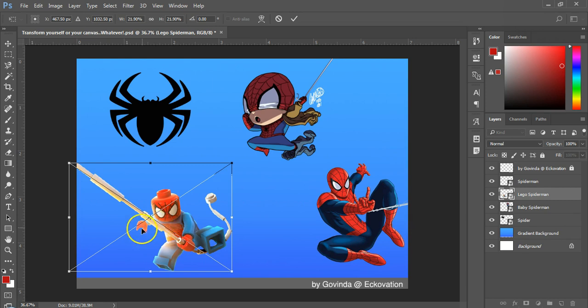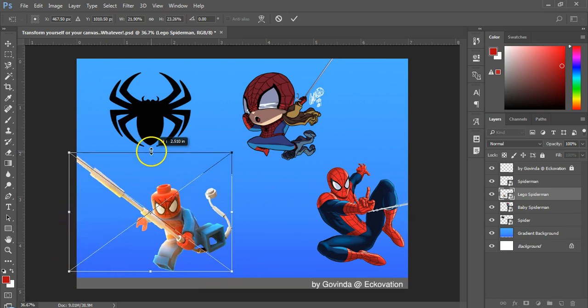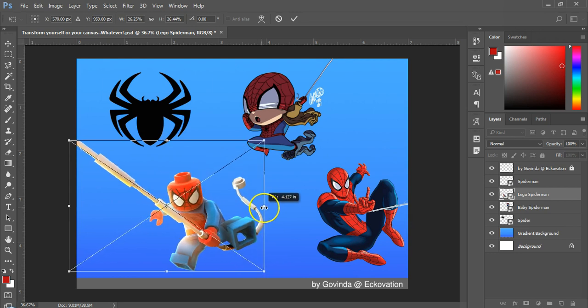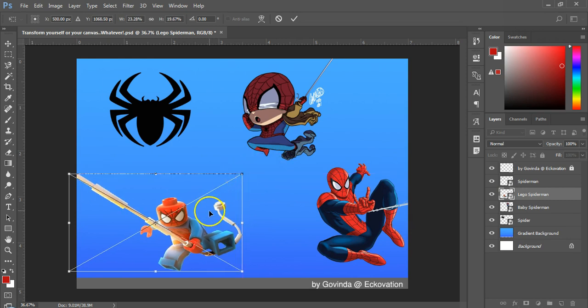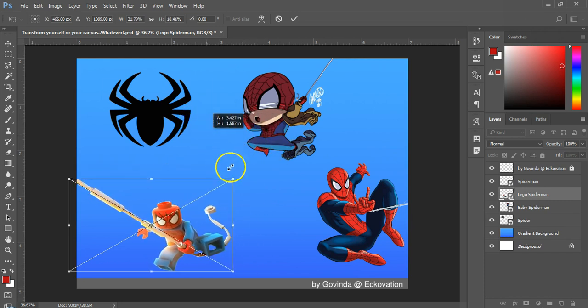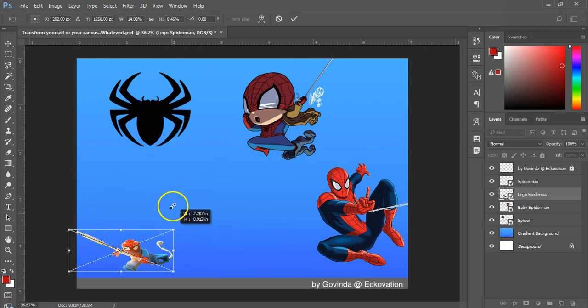Now look closely at the bounding box. It has 8 mini squares attached to the boundary. Upon mouse over on top of those mini squares, you can see that the cursor changes to a two-headed arrow, with either horizontal, vertical or diagonal arrowheads depending on the square's location. The two-headed arrow indicates the direction of the cursor where any movement will change the shape of the layer, like this, or this, or this. And you can also hold the Shift key while using the corner square for scaling the layer. The Shift key will keep the length and breadth proportion the same throughout your scaling process as long as you hold that key.